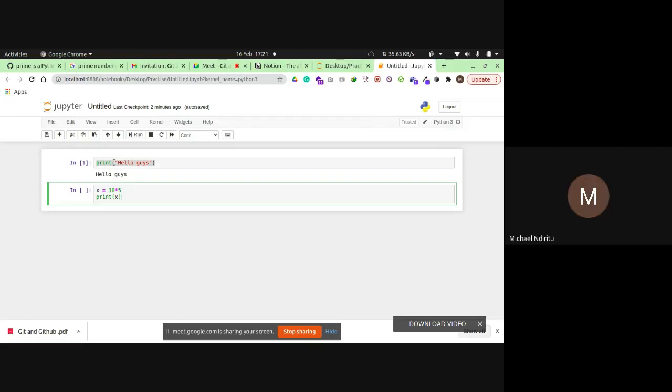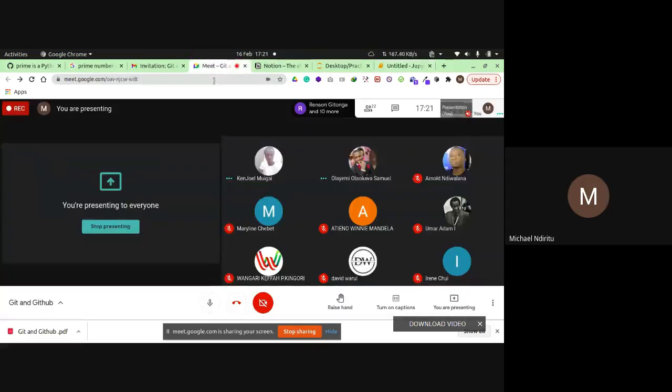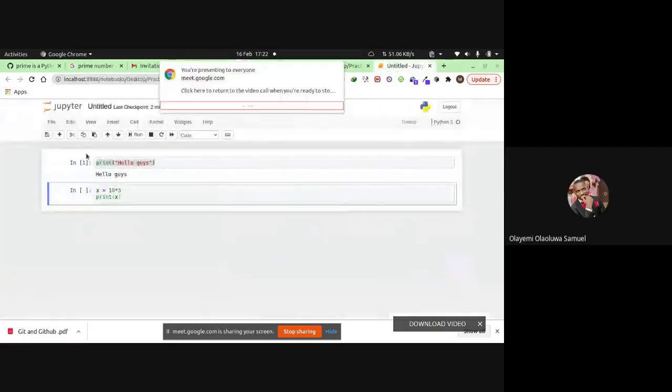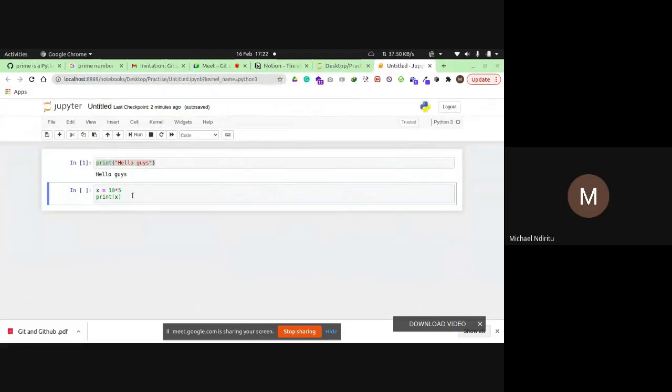If I wanted to use any of the Python built-in functions, would it work like a normal IDE? Yes, you can import, you can do anything. Thank you. If you type something in and want to run it, you just press Shift and Enter.